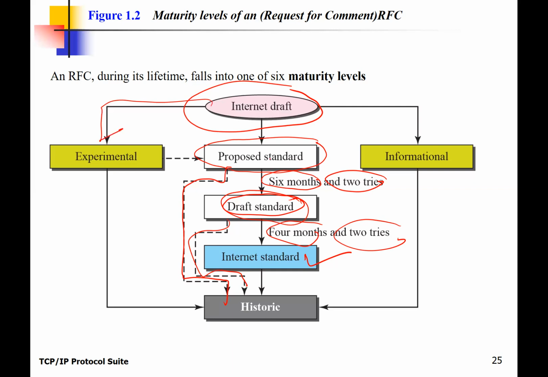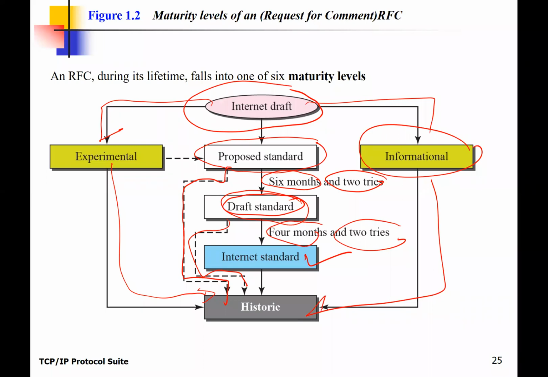And there is another way: if you're doing just experimental, you can use that for a proposal, and mostly it's going to go to history. And if you're doing an internet draft and you mark it as informational, it just goes to history. All right. So making an internet standard is not something simple. It has to go through a process. It's going to take time. The committee, the agency, they have to be involved and review and approve. And maybe it's not going to work, then it's going to end up in history, they just archive it.